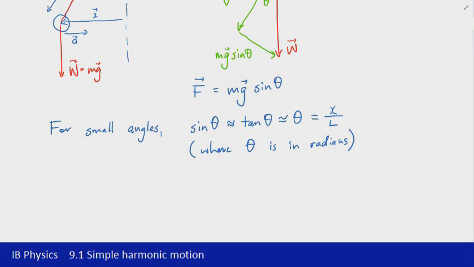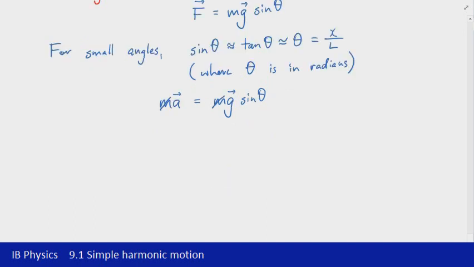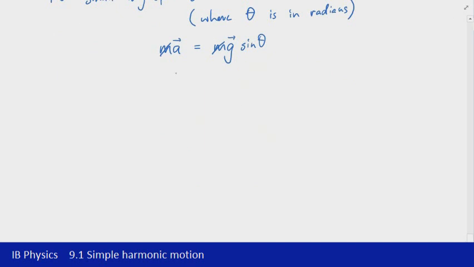So basically what we're going to say then is that if we take this equation F equals mg sin theta, we know that from Newton's second law, the force can also be written as ma, and so that's going to be equal to mg sin theta. And you can see there that the masses cancel, so the mass of the pendulum is not an important factor, so we can ignore that. That then leaves us with a being equal to g sin theta, and using the small angle approximation, so we're going to now treat it as though it's close enough to being horizontal, we can instead write that the